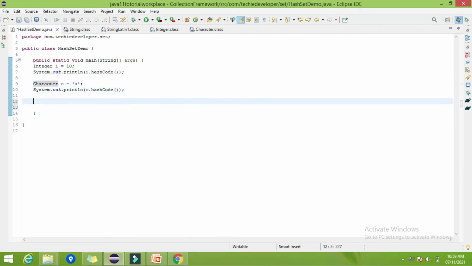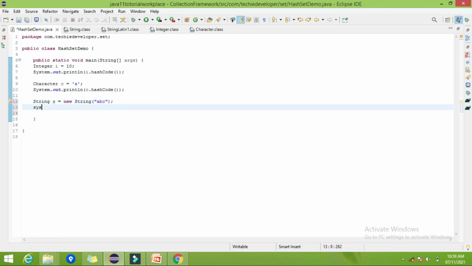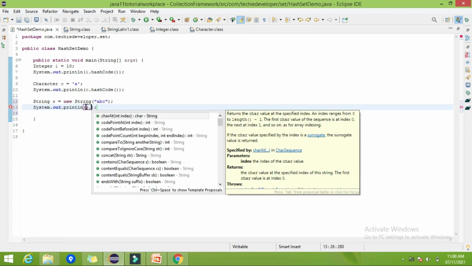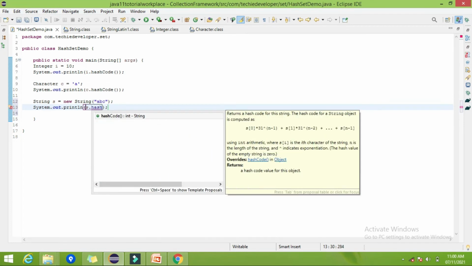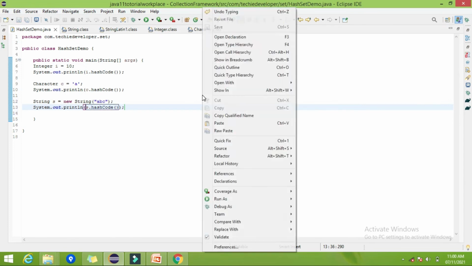Now let's try with the string. String s is equal to new String, let's give the name as ABC. Sysout, then what will be the value? It will be calculated by this formula I have already told you, right? Run as Java application.